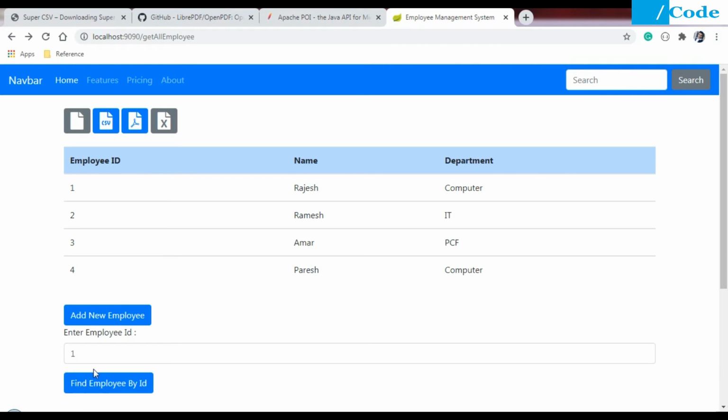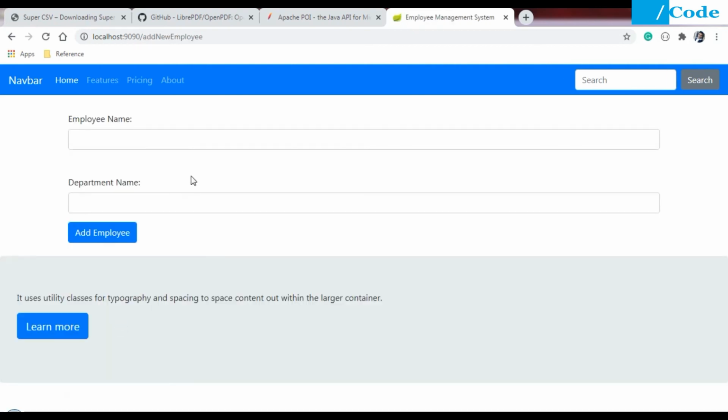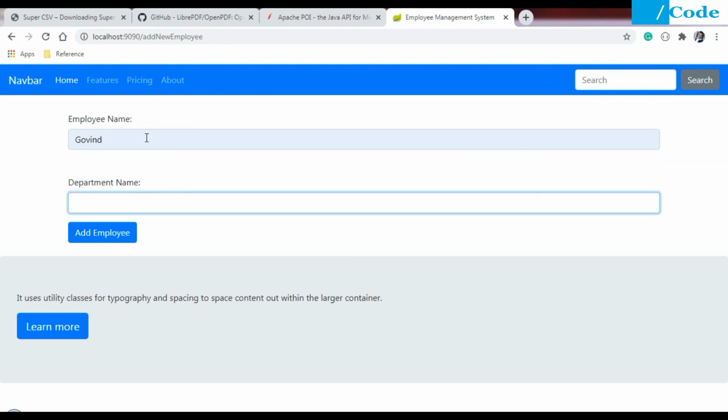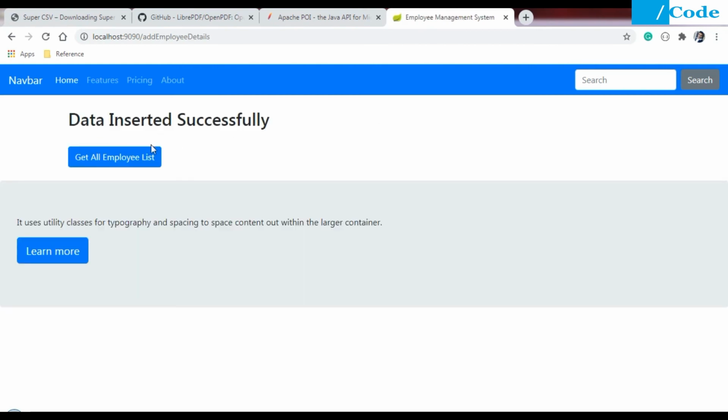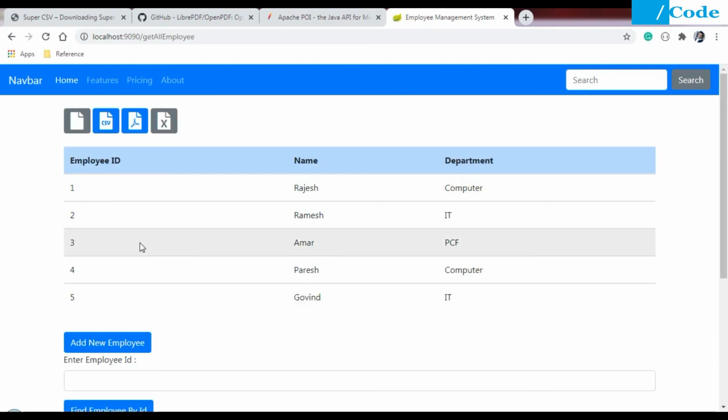Now let me add one record so that you can see that we are getting the updated data present in the database. Let me add Govind with IT as the department and add the employee. Now you can see the success message, data inserted successfully. Now get the all employee list. So we are getting the employee details here.